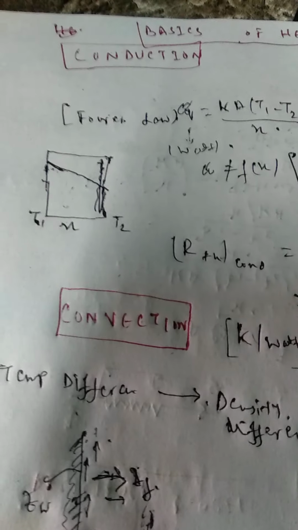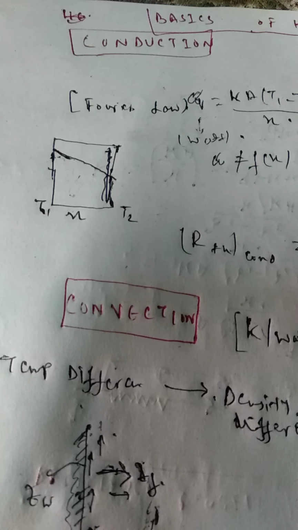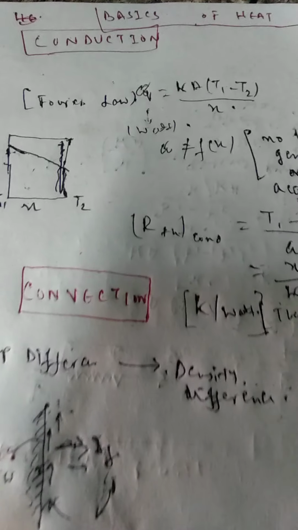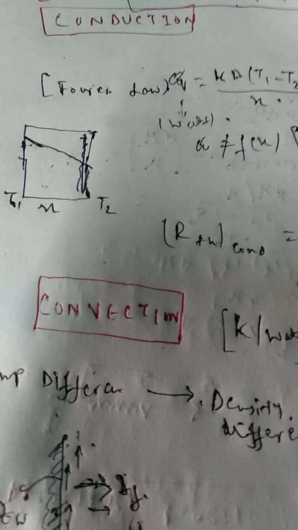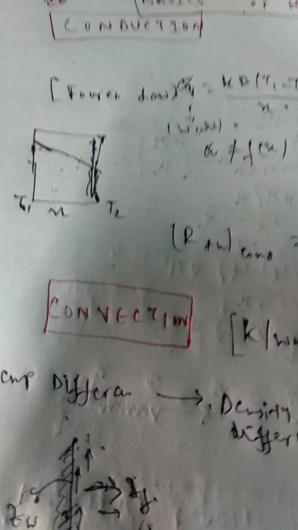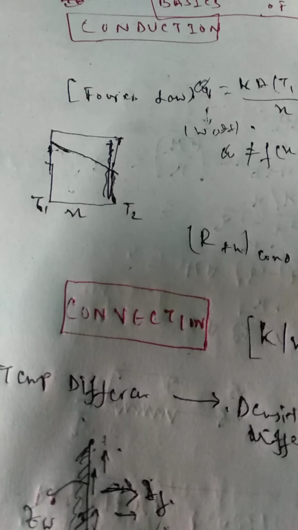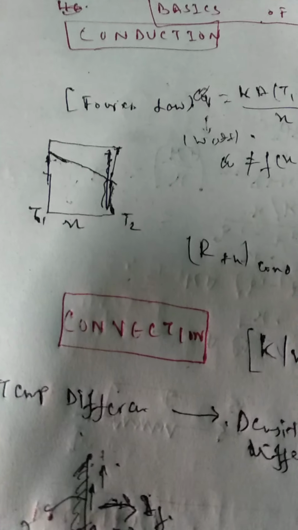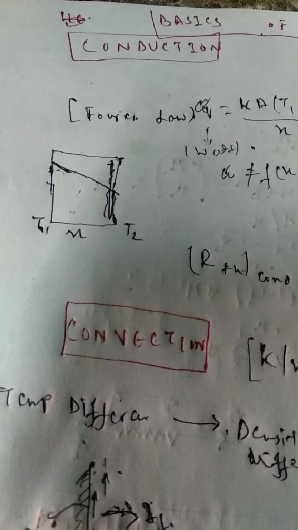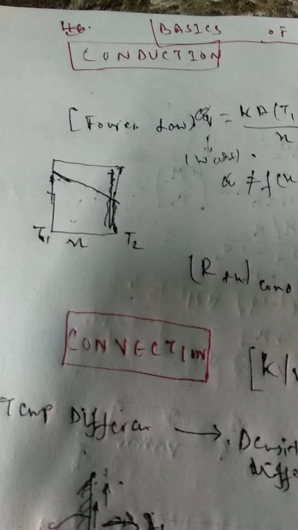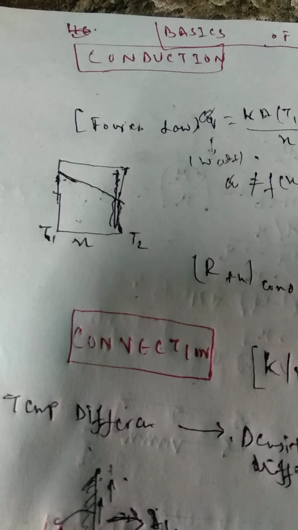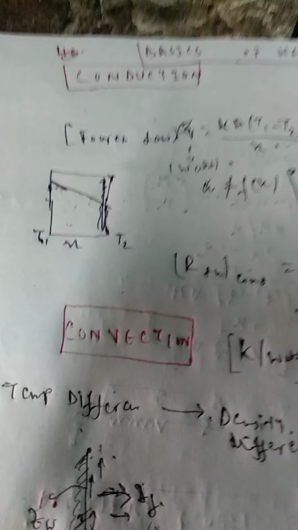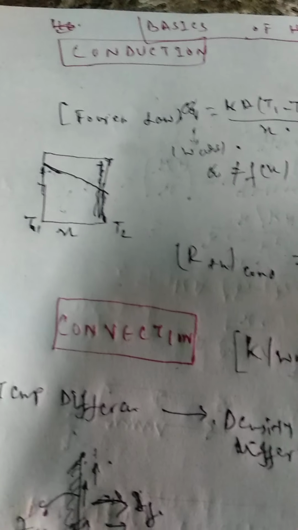Okay, now there is another convection process which is known as forced convection. When the movement of the fluid is caused by some external device like a pump or a compressor, then the process is known as forced convection. Here the fluid is made to flow along the hot surface, and heat is transferred from the wall to the fluid. So here the current is intentionally being set up in forced convection.